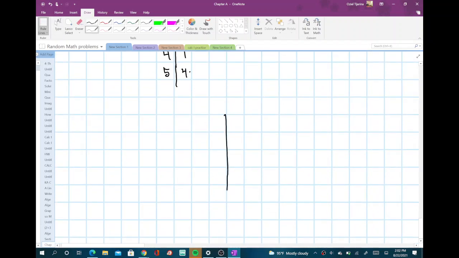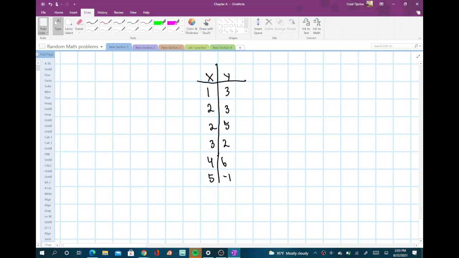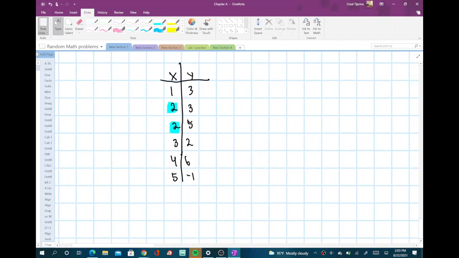Now if we have something like this, where we say 1, 3, and then 2, 3, and then 2, 5, and then 3, 2, 4, 6, and then 5, -1. So here's the problem. We have a 2 here and a 2 here. So like, if we actually plot this on a graph,